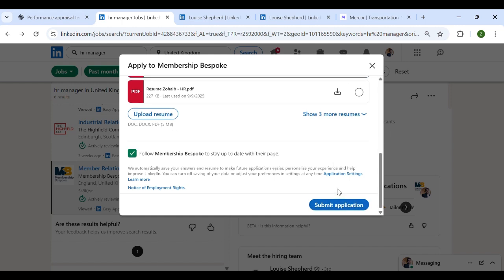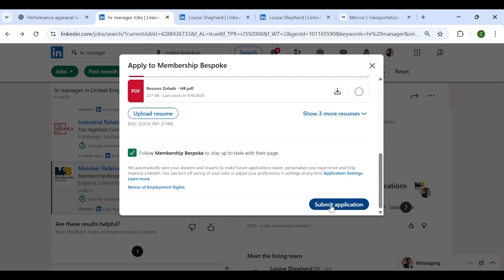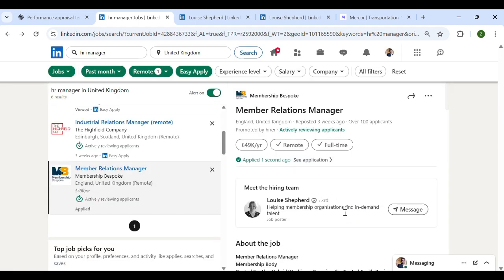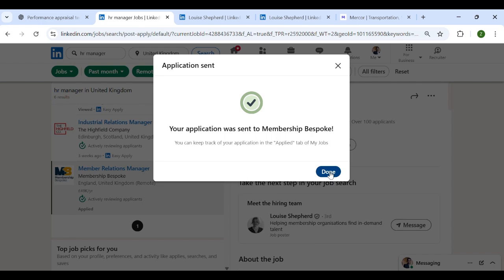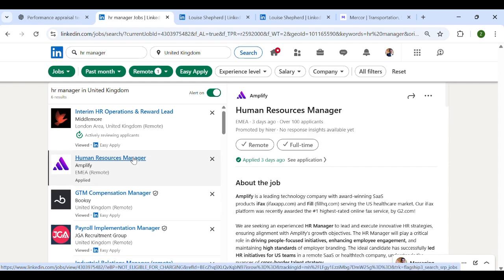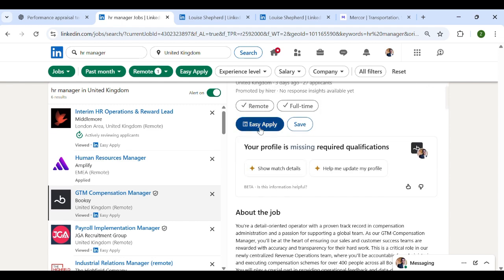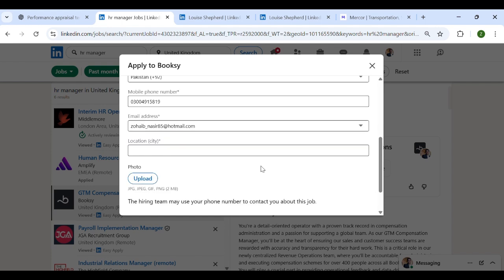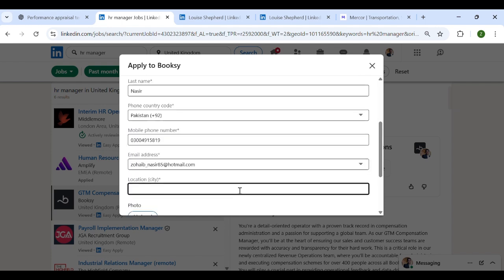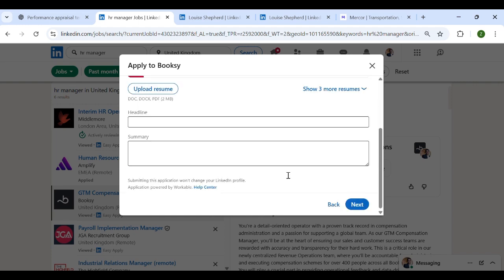I'm just going to do one for you. Since I don't know how much my profile matches, you can just submit your application. And this one did not have many steps in between, with few positions. Like if I go on this particular position, it says your profile is missing required information. So I think this may not be very much in line with it, but I can try. So I just go ahead, and you have to